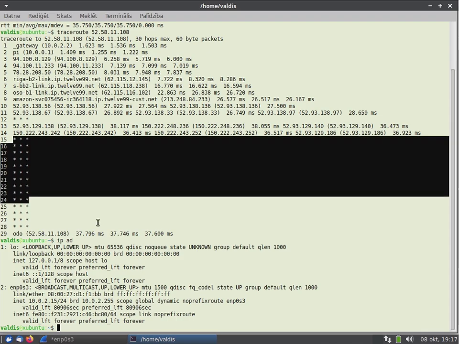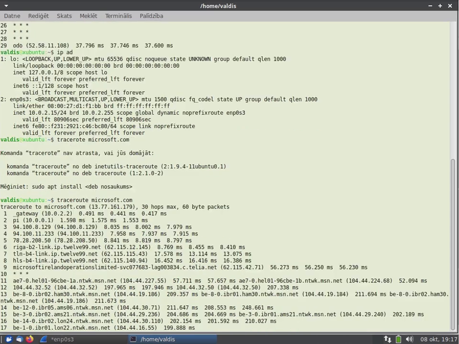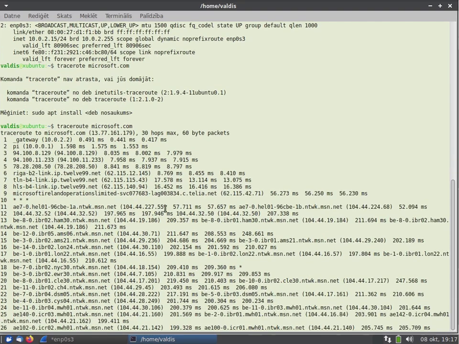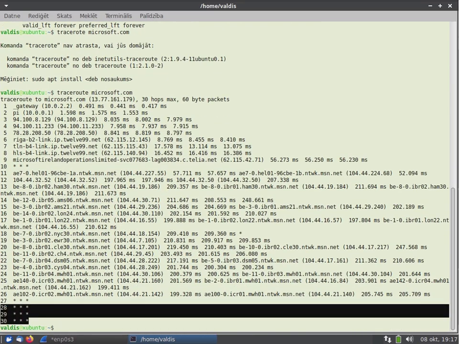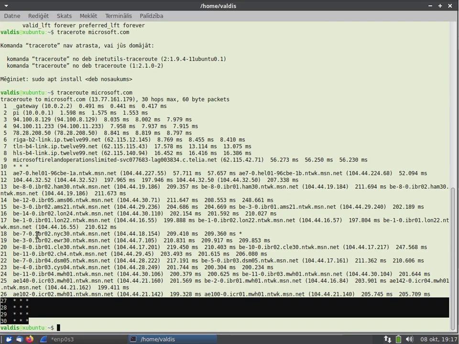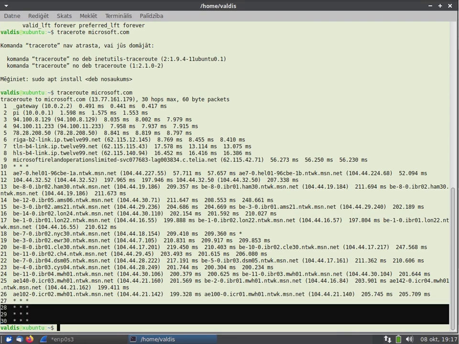And for example, we see that Microsoft decided that many of their final routers do not respond about died packets.